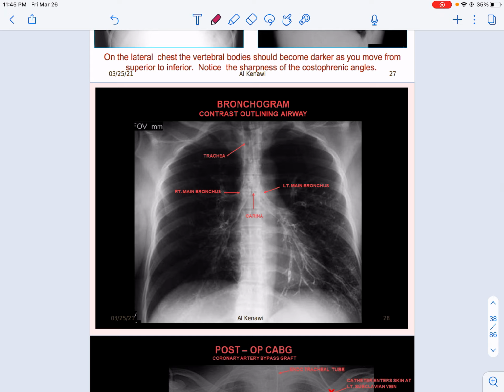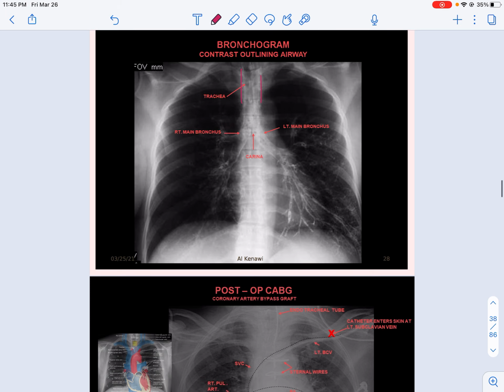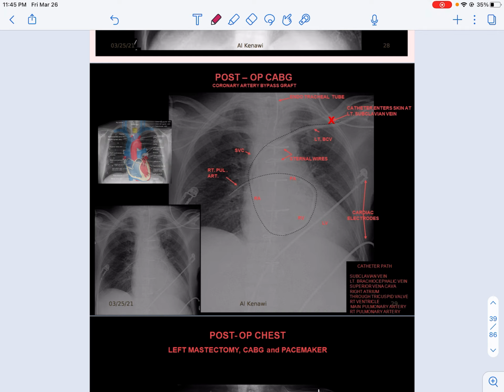وهذه bronchiogram. I remember that the doctor said no one does it right now, but if you want to see just the trachea and you want to see the right main bronchus and left main bronchus and all of that, you can see it. Here also,